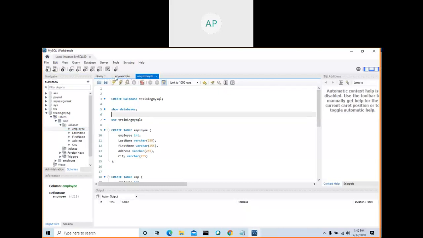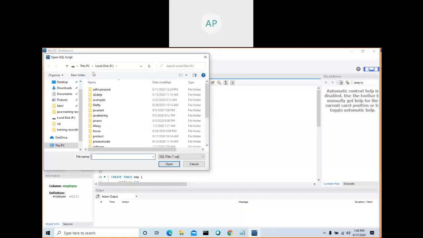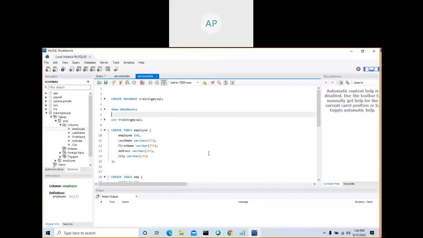And here, this is to execute, and this one is to create a new SQL tab, something like this. That is one file, create one file. This one is to open a file. If you click this one, see here it is showing something. Okay, now you got some idea, and now you are set to start your